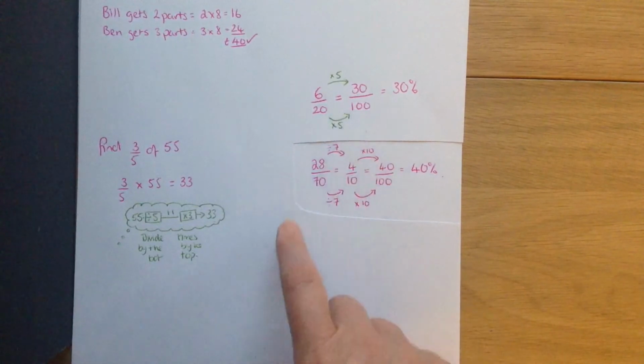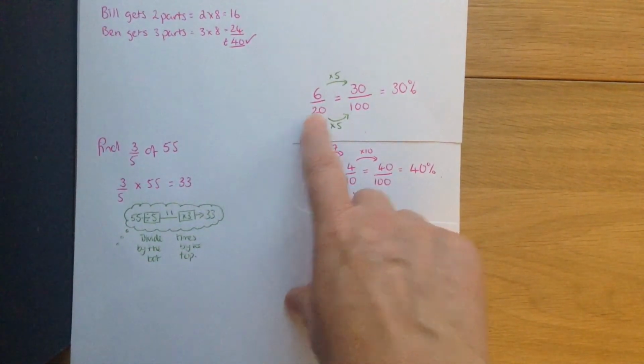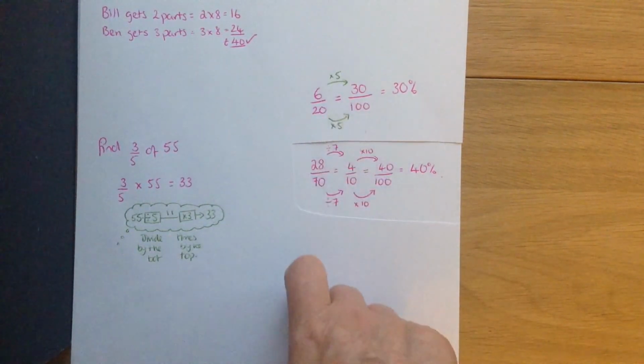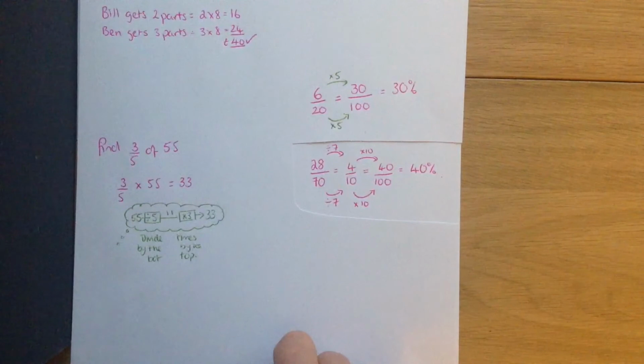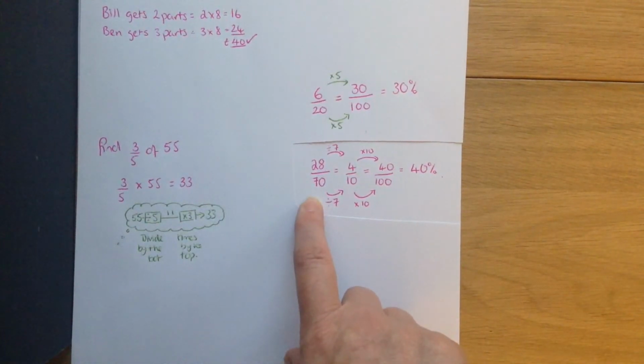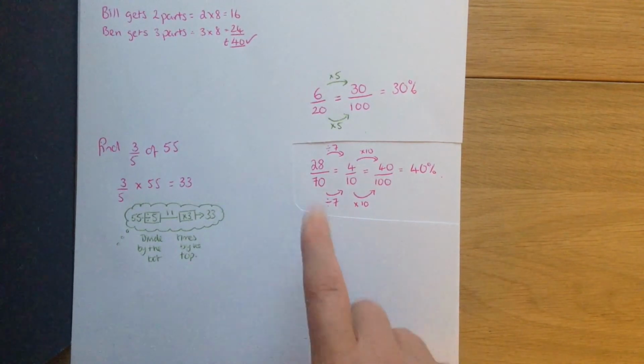We need them out of 100, and all we need to do is use equivalent fractions. Because we know 20 times 5 is 100, we do 6 times 5 to get 30, and that gives us 30%. This one's a little bit more difficult because there's nothing you can times 70 by to get 100